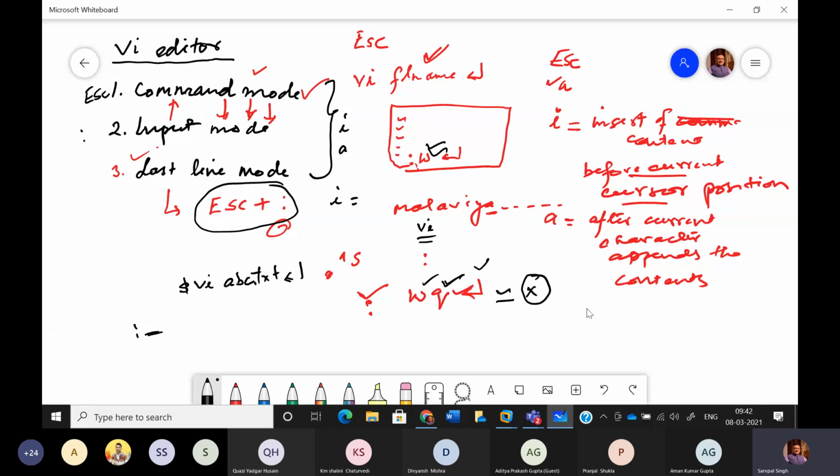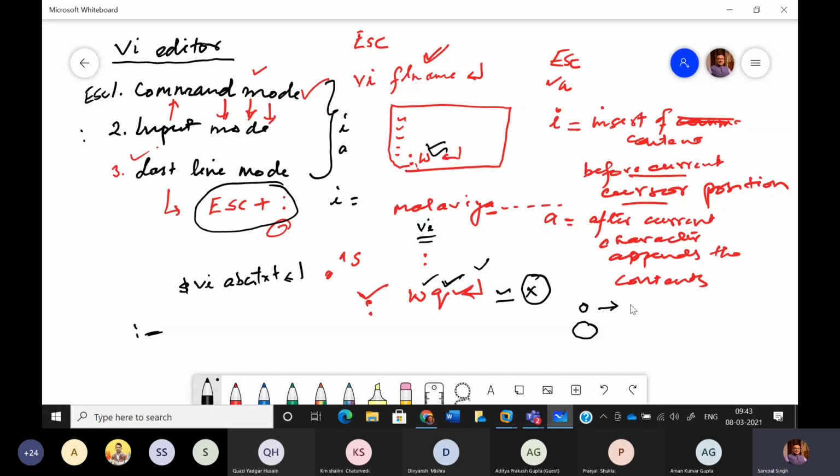अब इसमें एक और है जो आपको कमांड मोड से इनपुट मोड में लाता है, और वो है small o and capital O. तो जो small o है, ये क्या करता है? अगर आपके पहले से कुछ pre-written contents हैं, and in that there is my current line, which is my current line where my cursor is blinking, because that line is currently active and being referred to by me. So if I'm right now on line number 5 and that is my current line, and if I press escape just to make sure that I have come to command mode, and then I am pressing small o.